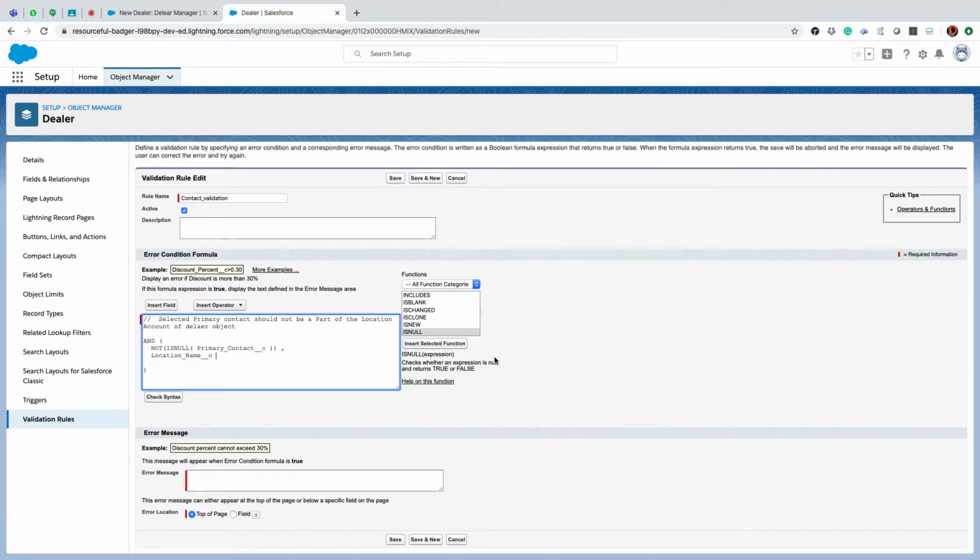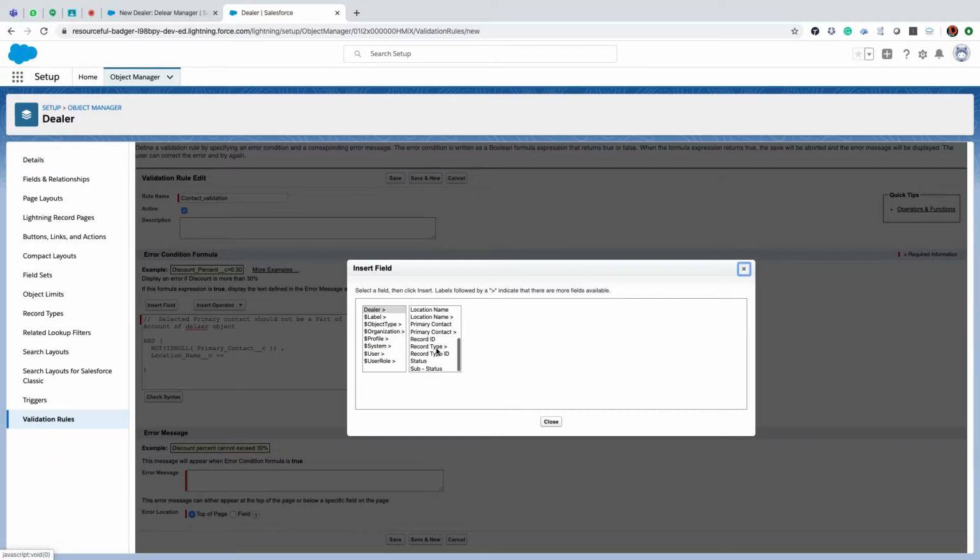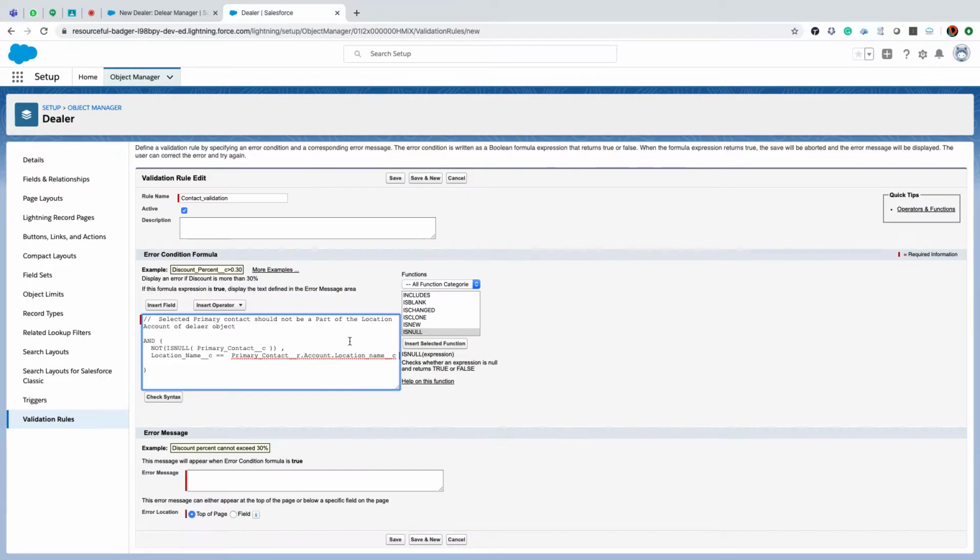This is called location. Should not equal to contact account location name. So my primary contact is not blank, and then if it matches,